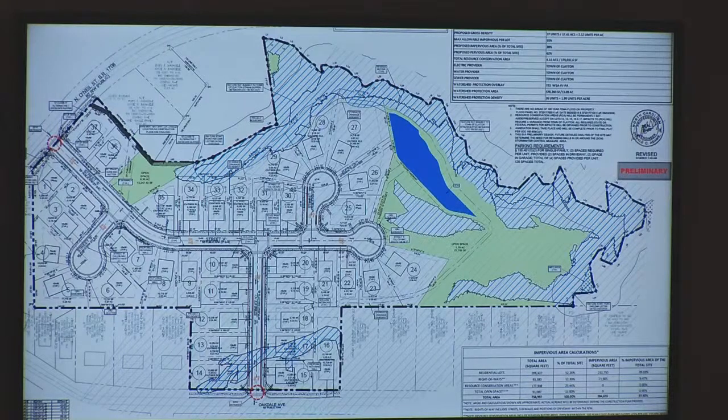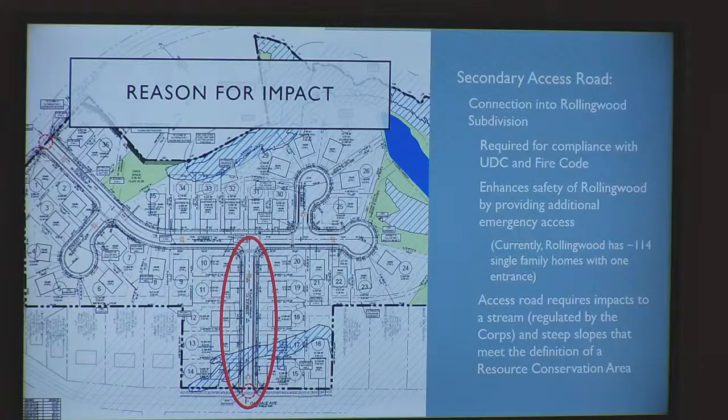That dashed line on the south towards the second entrance onto Oakdale is, of course, the resource conservation area that we're discussing this evening for your approval. So I want to talk about that secondary access road. It is the road that is driving these impacts, and the impacts are, of course, the reason for the variance request this evening. As I mentioned, it connects directly into the existing Rollingwood subdivision and the existing street system within